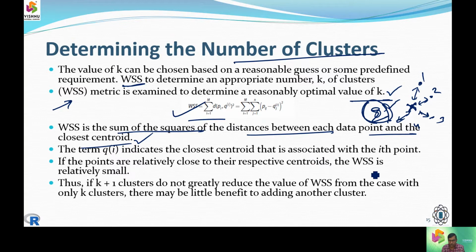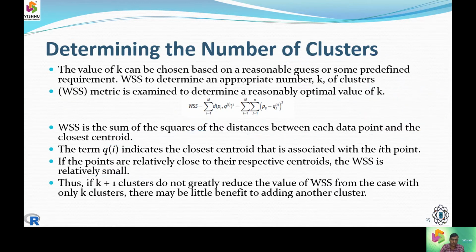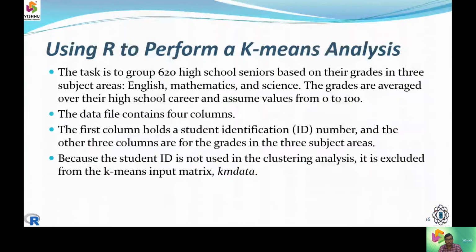So the most important factor is we should see that the working set model is going to be relatively as small as possible, and it should meet up with the appropriate number of clusters. So how we are determining this is, we will be taking up the elbow method. So in this elbow method, we will determine the total number of clusters.